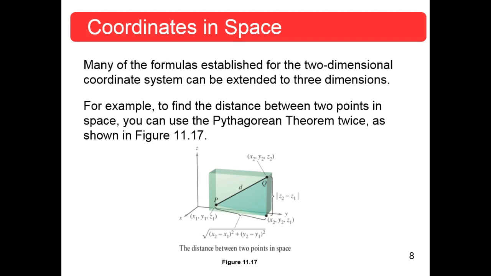The Pythagorean theorem here tells you the distance between these 2 points is the square root of x2 minus x1 squared plus y2 minus y1 squared. That gives you this distance, and that is one leg, there is the other leg, and here's your hypotenuse. So it's this thing squared, the total of that thing squared plus that thing squared. So just lose the square root here and add to it z2 minus z1 squared, and you get